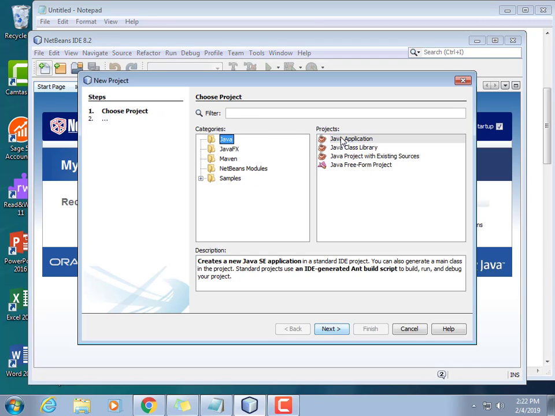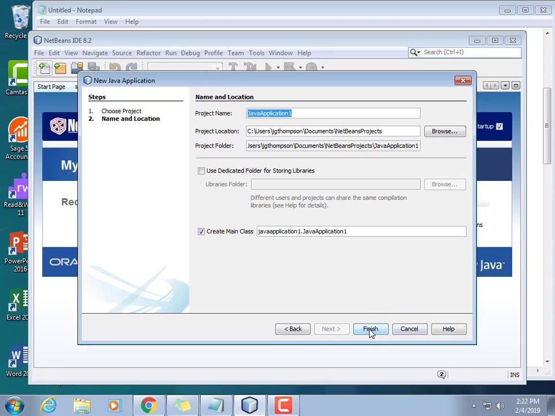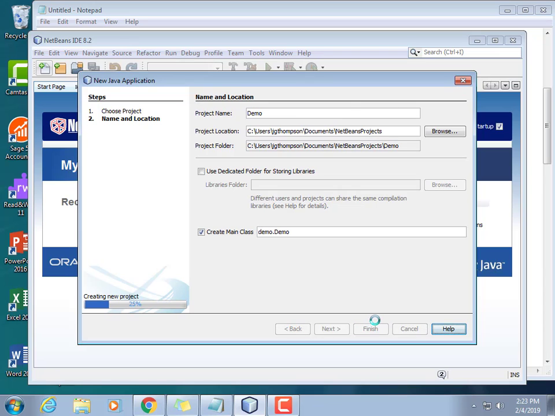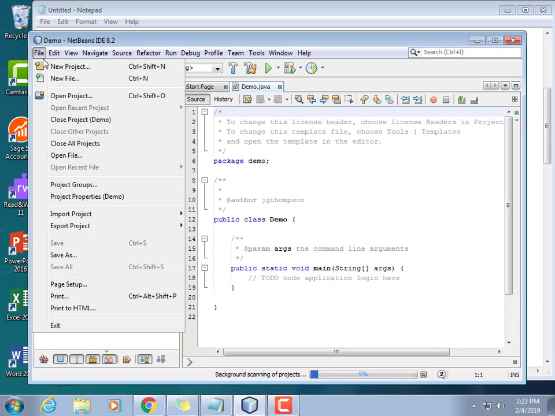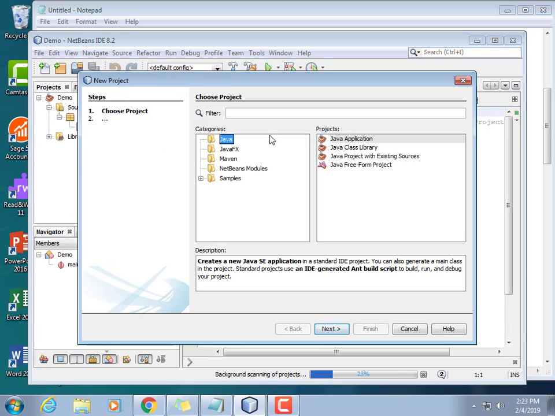Now that one didn't have getters and setters and constructors and anything fancy like that. I'm just going to call this one demo. Lousy name for it, but that'll work. Now you probably saw that when I was creating a new project,